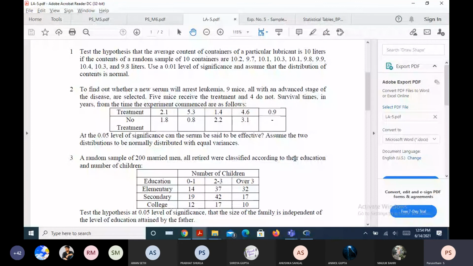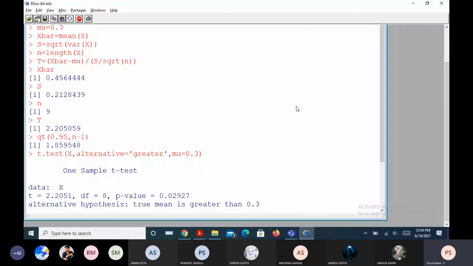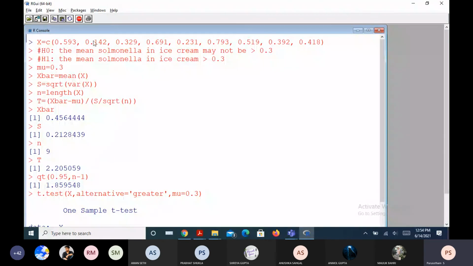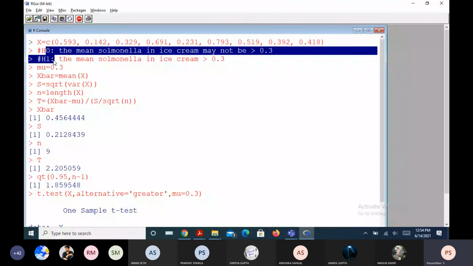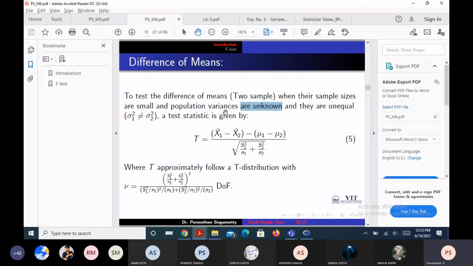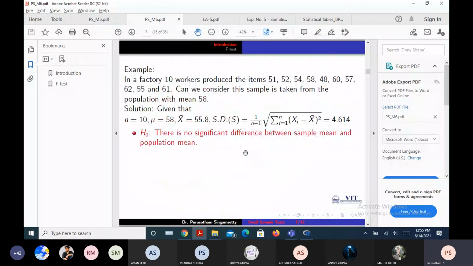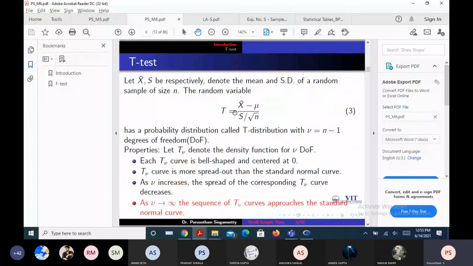How do you maintain this output? You are going to write the aim. Of course, the aim I have not mentioned here. The aim is to test a single sample data. And what is the procedure? In the procedure, you are going to take this as the input and this as H0, H1, and state them very clearly. And what is the formula that you are going to use? I just showed the formula. You need to state the formula clearly in the procedure. And what are the other steps involved? Those steps you may maintain, like level of significance and critical regions.